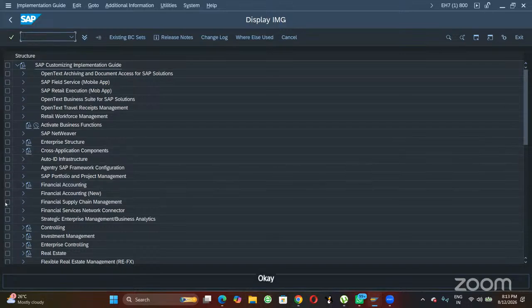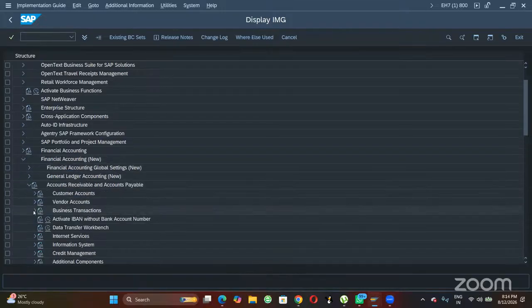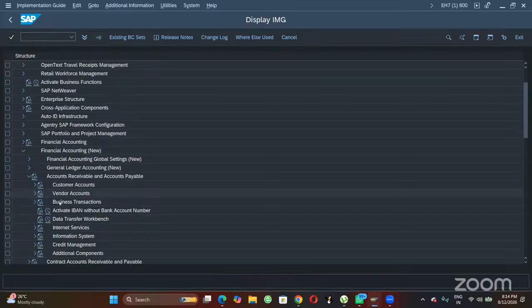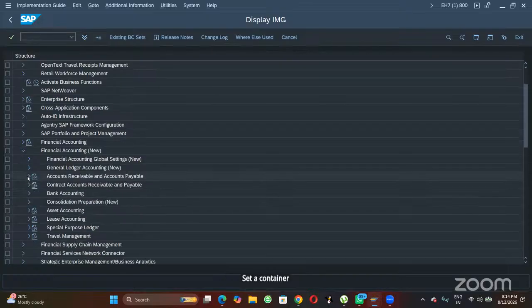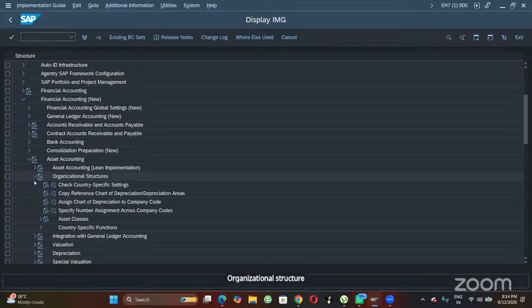Okay, financial accounting, accounts receivable and payables. Asset accounting. Organizational structure. Yesterday we finished the organization structure. Yes, sir. So the next step today is we are going for